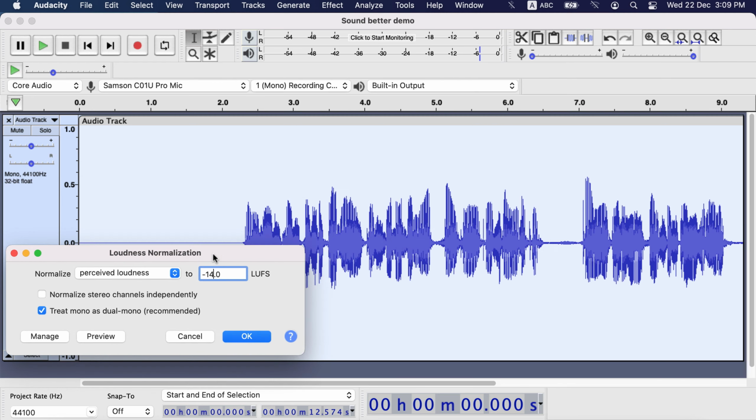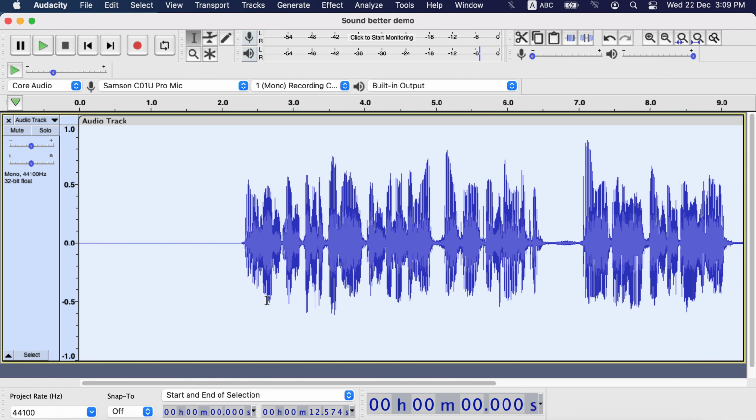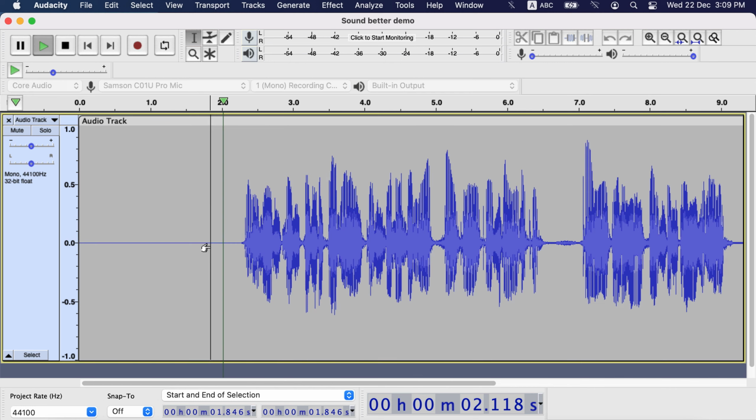I have applied loudness normalization after normalizing. Though when you use loudness normalization, the other normalize is not necessary, though it will